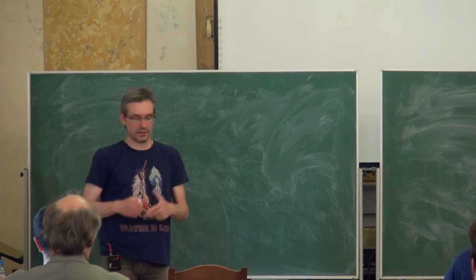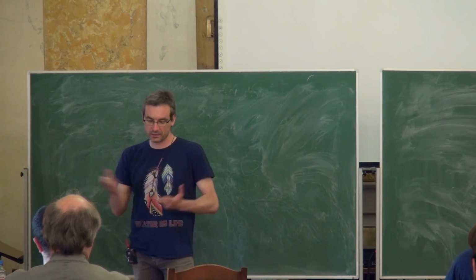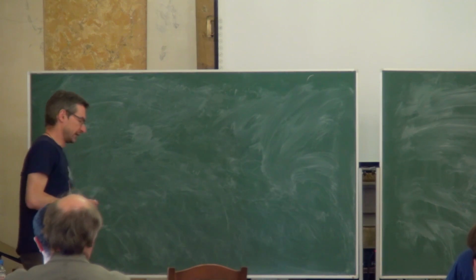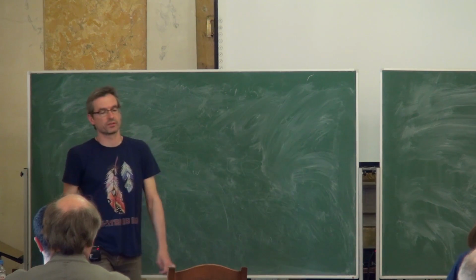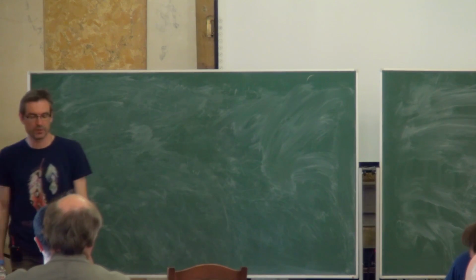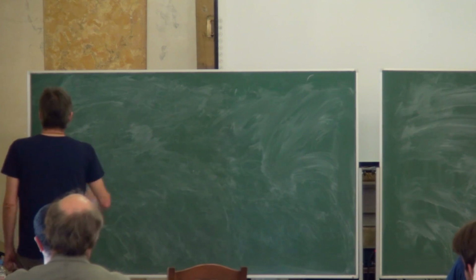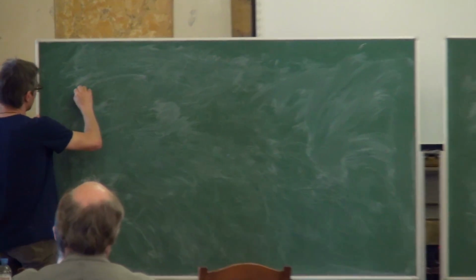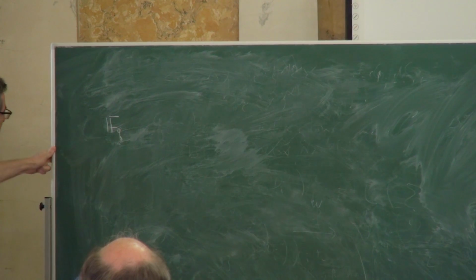So I'll first introduce to some extent the setting of the classical Langlands, and then we'll pass to the geometric picture. So Langlands takes place over global fields. There are two kinds: number fields and function fields. Because we're interested in the geometric story, we'll be dealing with function fields. So we'll be working for the first part of the talk over a ground field, which is a finite field